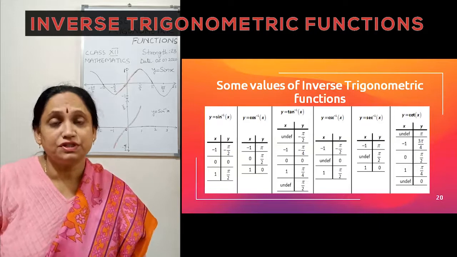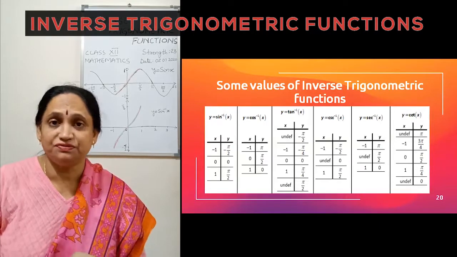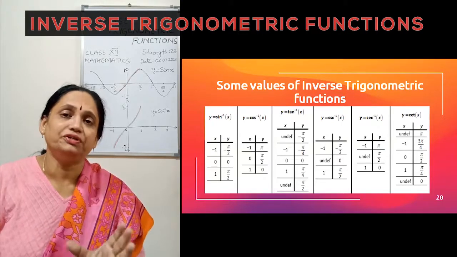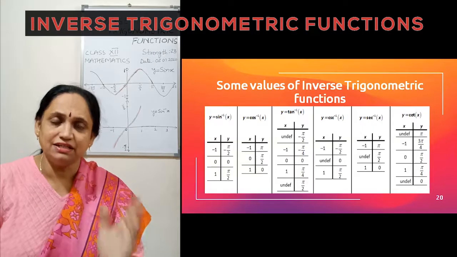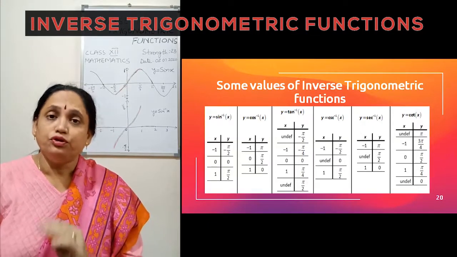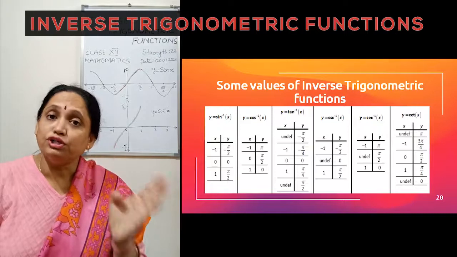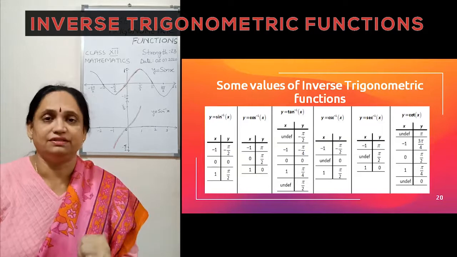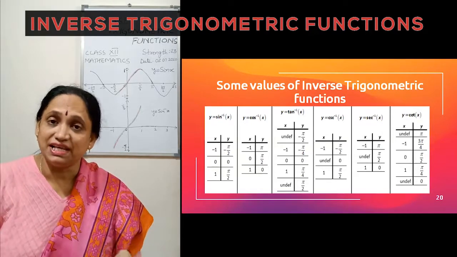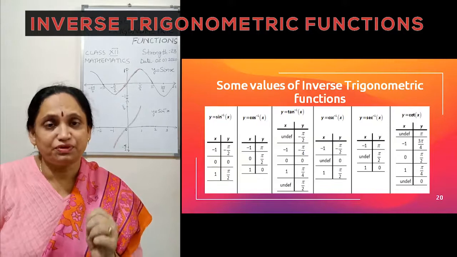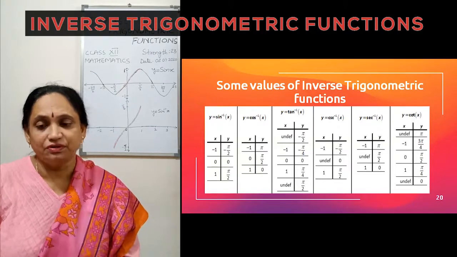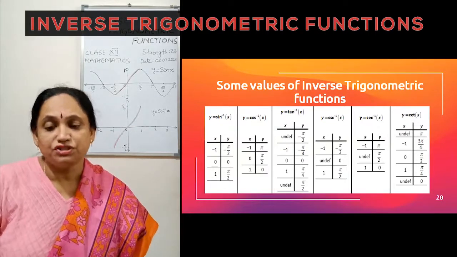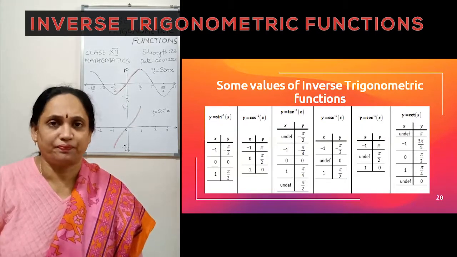Cot inverse of -1. Now look at the cot inverse function. The principal value branch of cot inverse is the open interval 0 to pi. That is the first and second quadrant. So your negative values would go into the second quadrant. That is, your angle is going to be an obtuse angle. But remember, the angle has to be less than 180 degrees to be a principal value branch angle. So cot inverse of -1 is 3 pi by 4, and cot inverse of +1 is pi by 4.